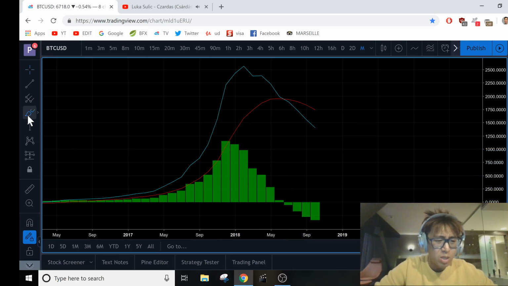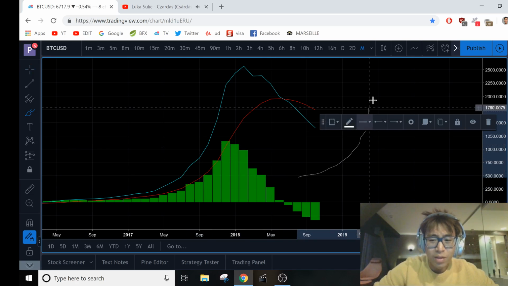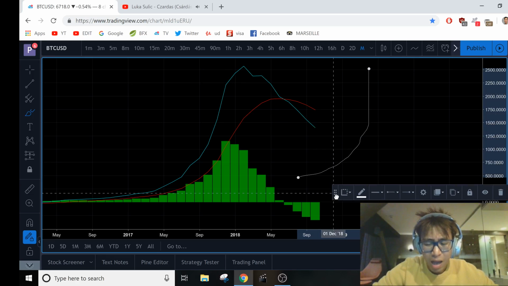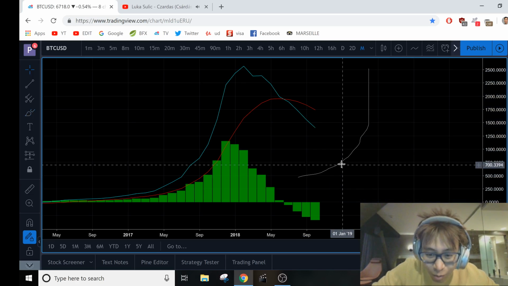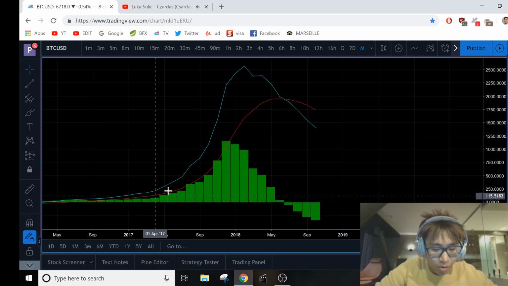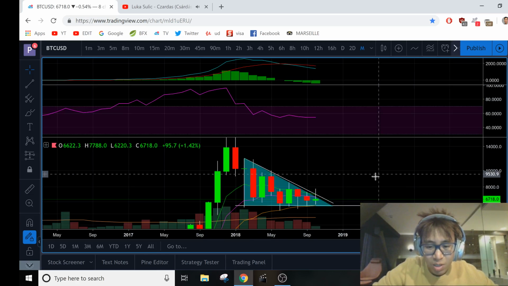This right here is called a parabolic move up, where it's moving to the graph of y is equal to e to the x, right? E to the x, like the exponent. That is basically a parabolic graph when they refer to that. This right here was a parabolic graph going upwards, right? We would love to get a parabolic graph for it to go upwards, but as it stands,